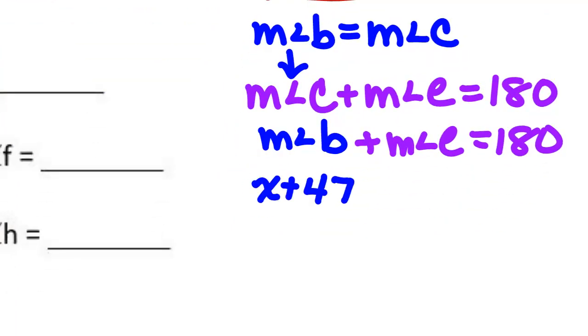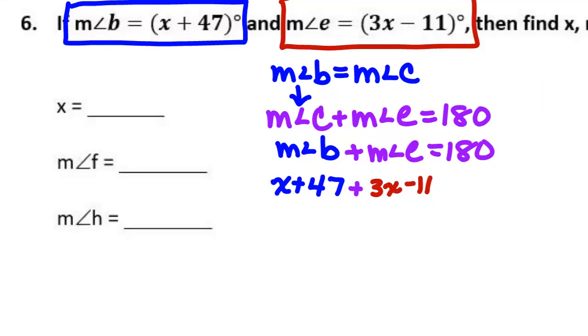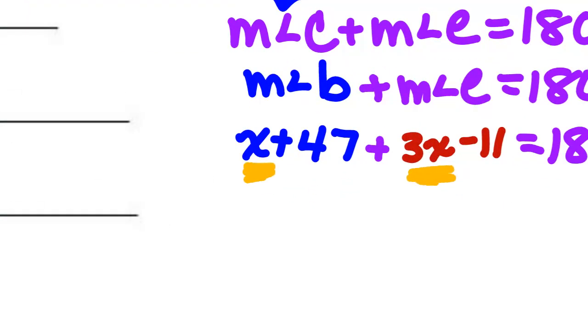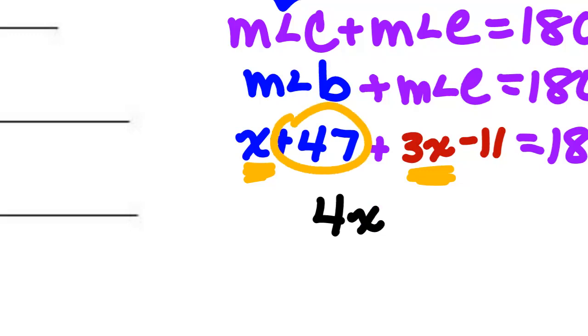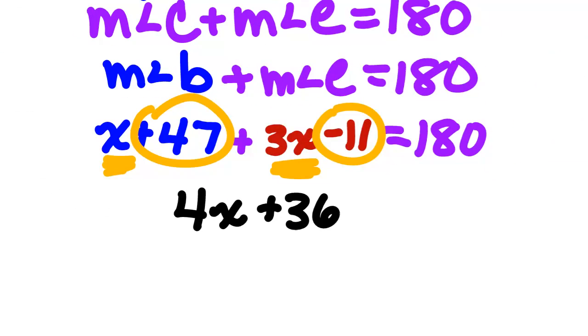So x plus 47 plus 3x minus 11 equals 180. I combine my like terms, x and 3x together to get 4x. And then I have the like terms of positive 47 minus 11. So that would give me plus 36